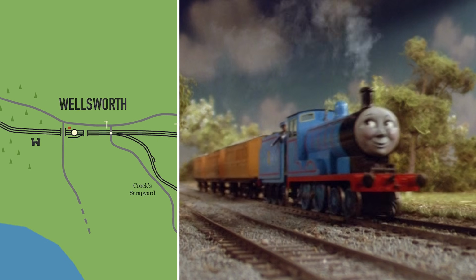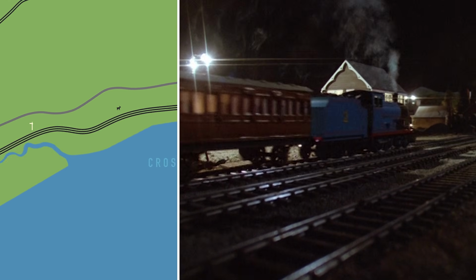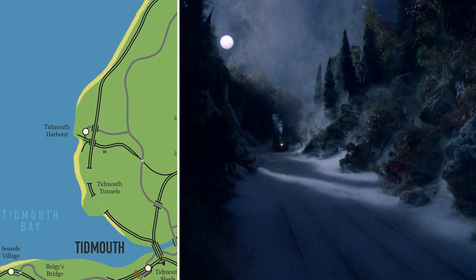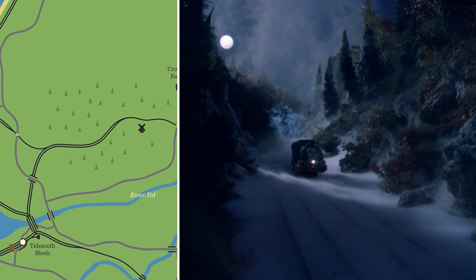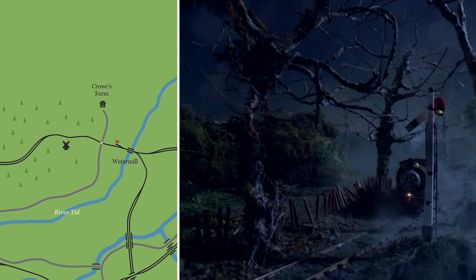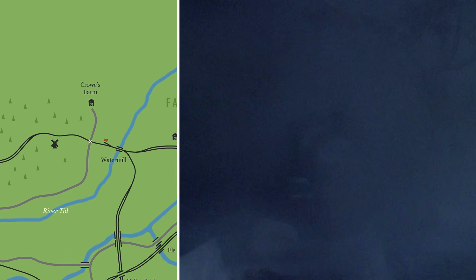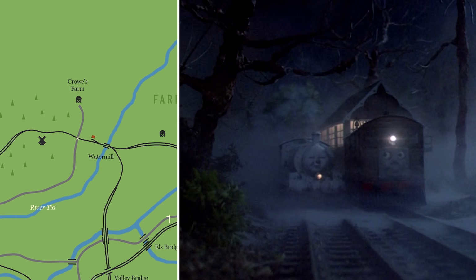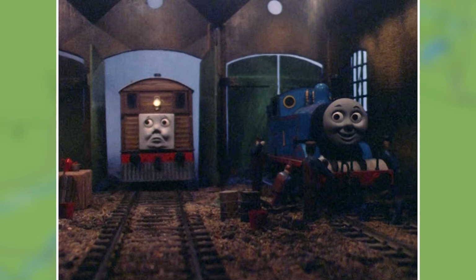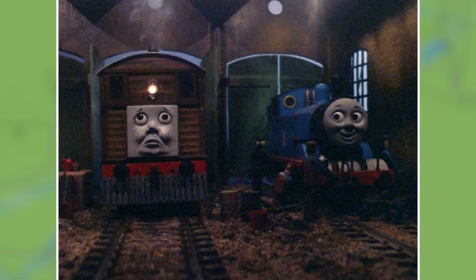He gets the train going again, goes through Crosby, and finally arrives back at Knapford. Ghost Train. Percy departs Tidmouth Harbor at night and goes through the valley cutting. He passes the spooky windmill in the foresty area of the branch, crashes at Crow's Farm Crossing, and then meets Toby at the signal box. Toby leaves and crosses the watermill, and then they both take some crazy route back to Tidmouth off screen, but